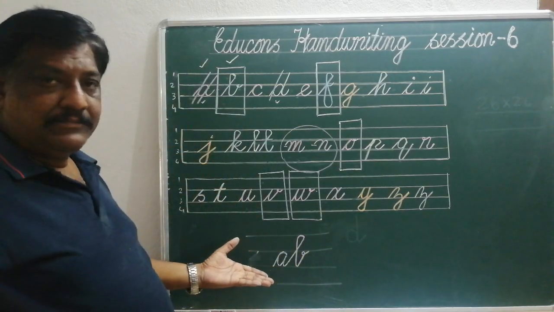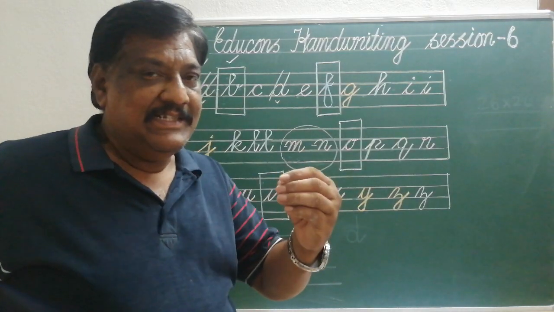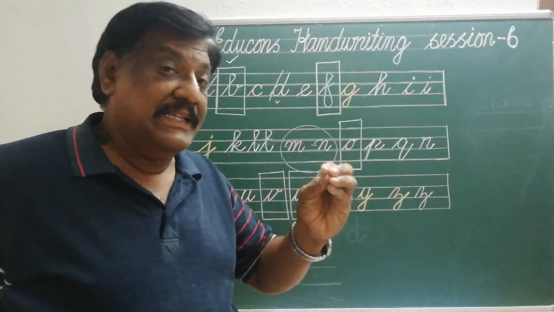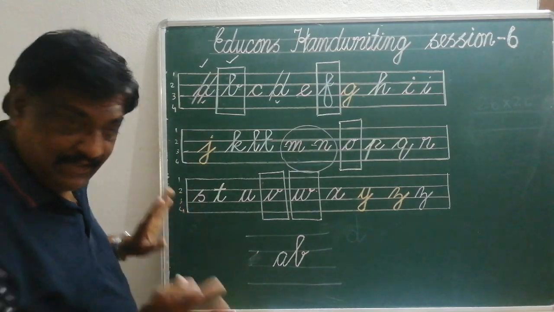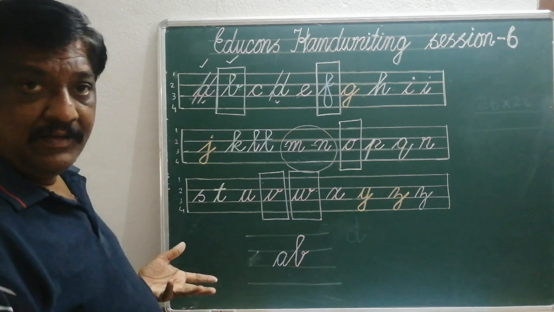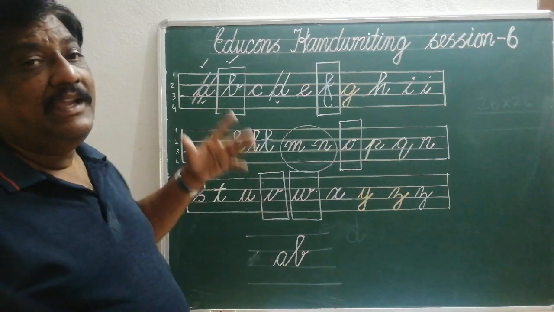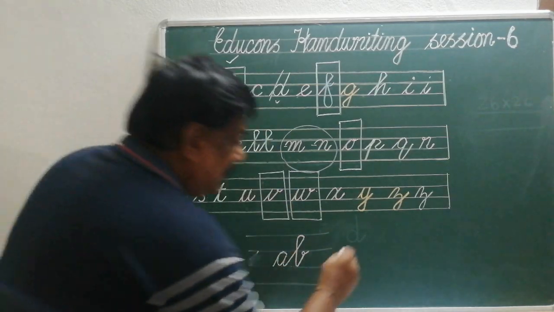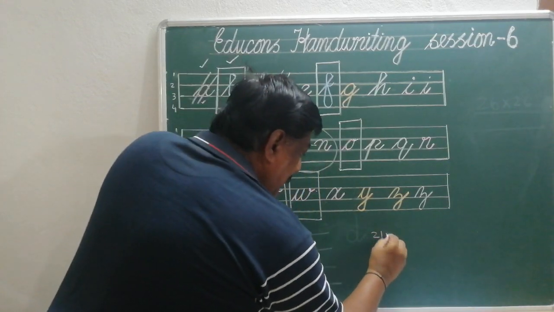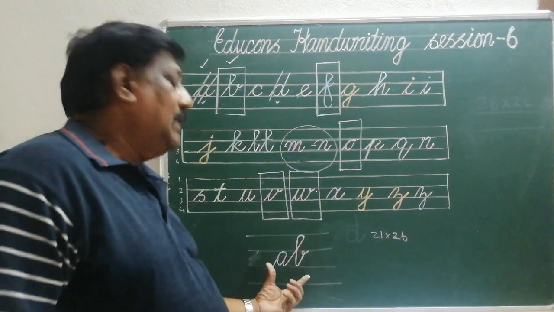See, I have not taken any efforts. Let me tell you a secret. The joining is natural with some exceptions. See, I did nothing. I just made an A. I have continued with B. That's all. It's over. Joining is over. So like this, how many letters do you have ending here? There are 21 letters ending here. All these 21 letters into 26 letters, you just make these many joins, they are this simple.